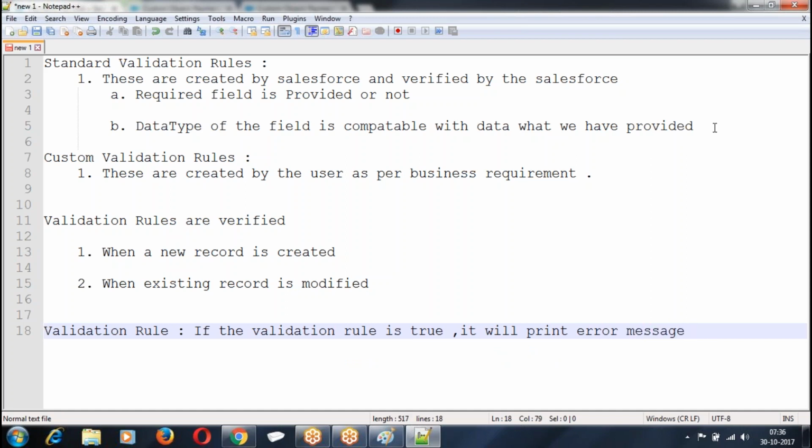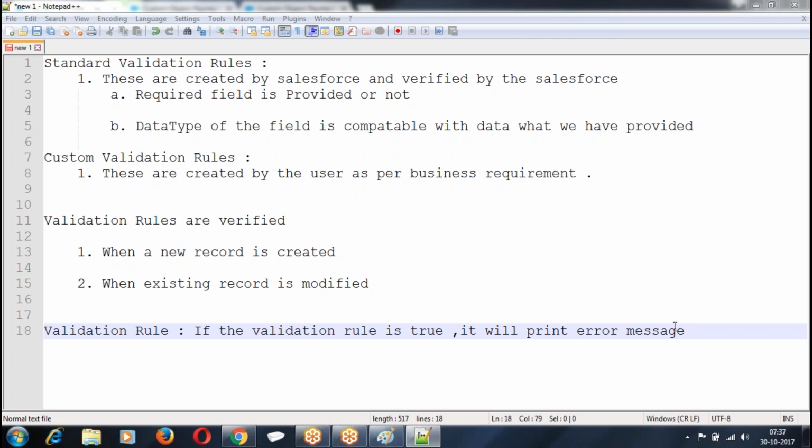When the validation rule is false, it is going to save the record. So when the rule is true, print error message. When the rule is false, save the record.